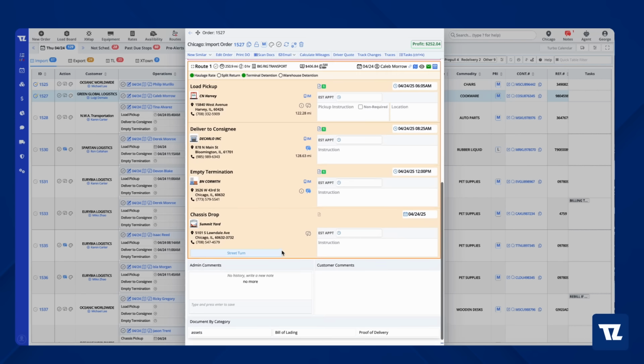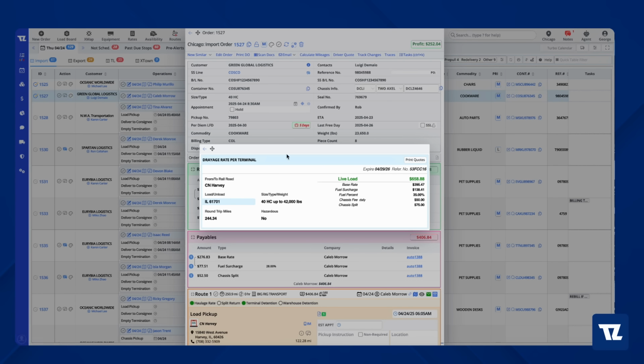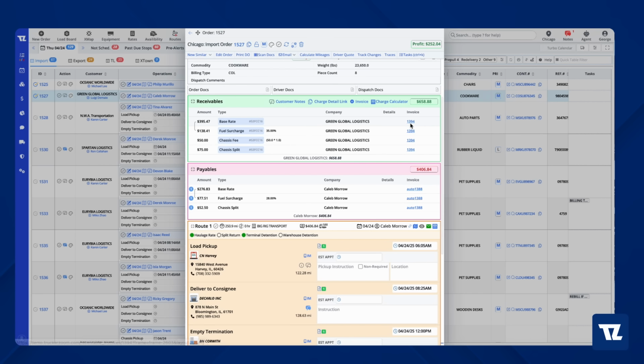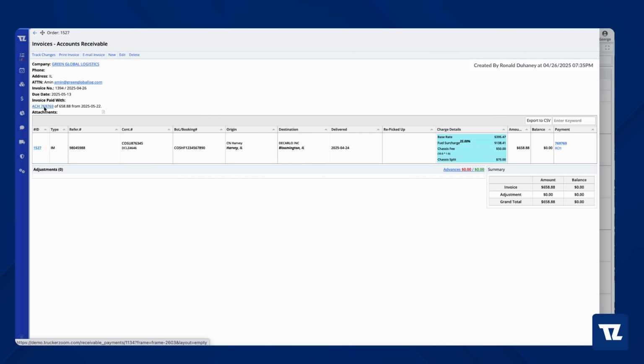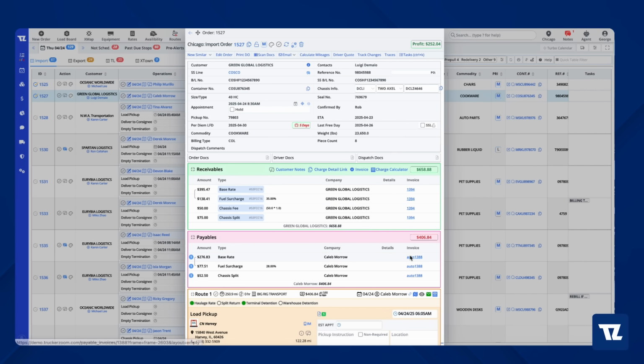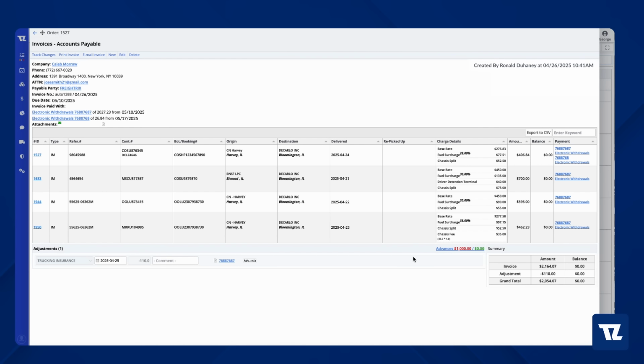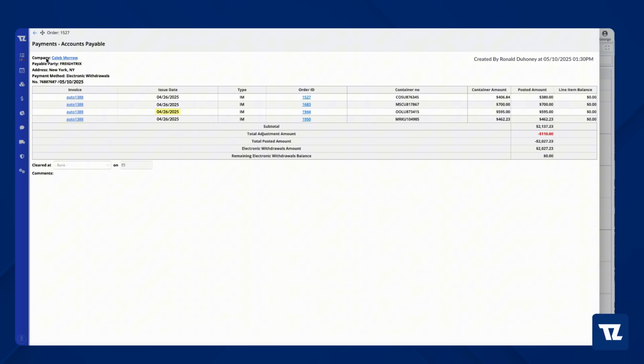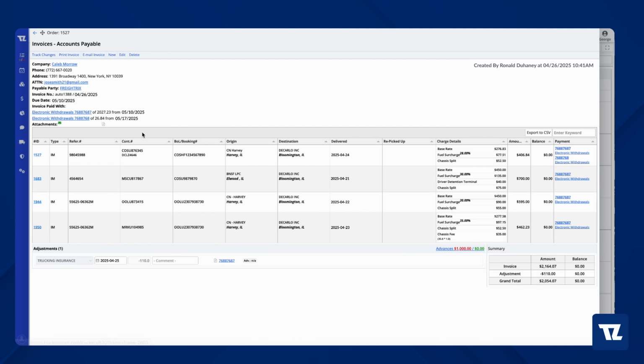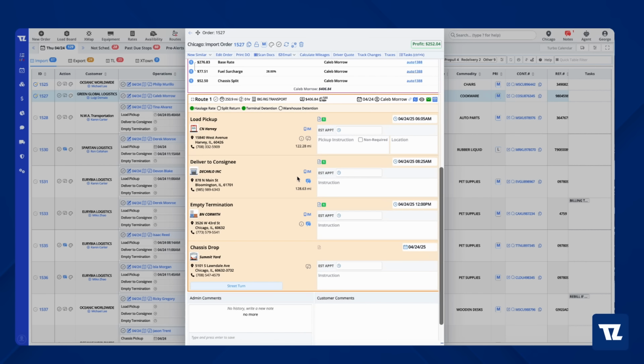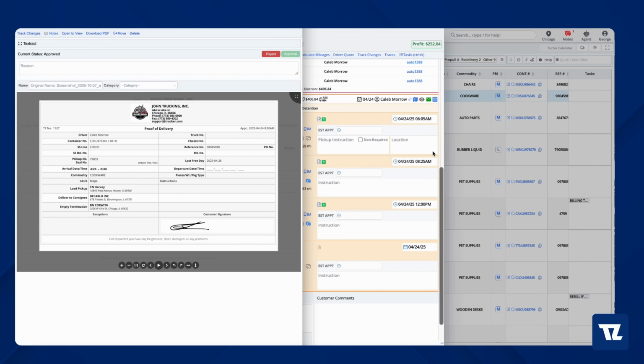Delivery order, quote, accounts receivable invoice, payment to the receivable invoice, weekly driver settlement, and payment to the weekly settlement that was paid with two payments. Proof of delivery,